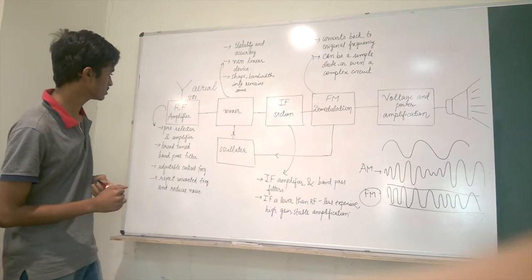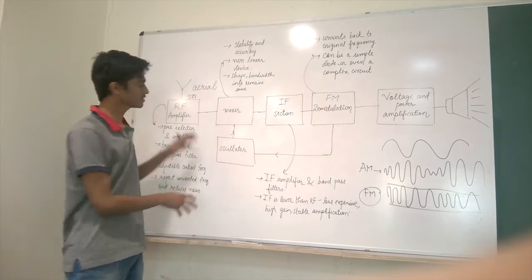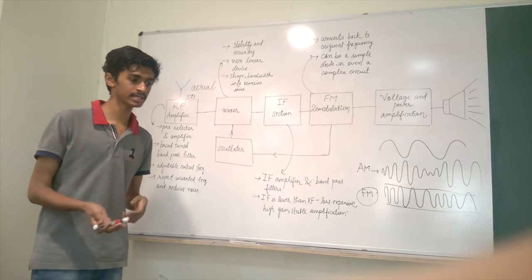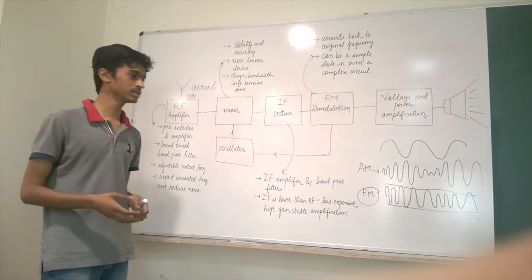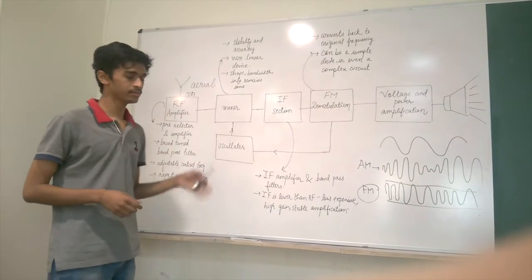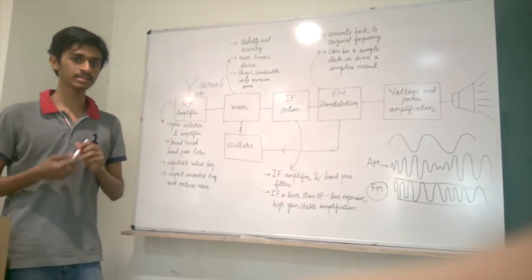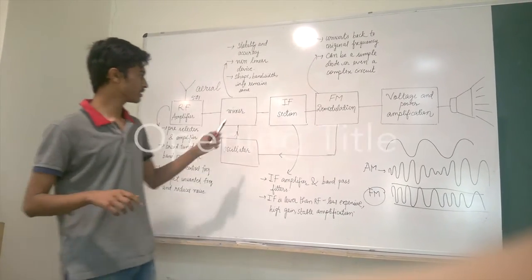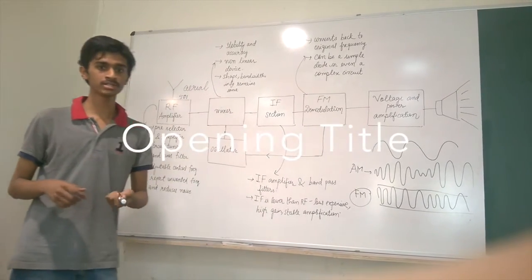What the mixer does is the two waves are operated upon, and we get various other waves such as the added one, the subtracted one, the original one, and other harmonics, which are passed on to the IF section. In the mixer, the shape, bandwidth, and the information contained by the wave remain the same. However, the frequency of the carrier wave is reduced so that the IF section can work properly on the signal wave.